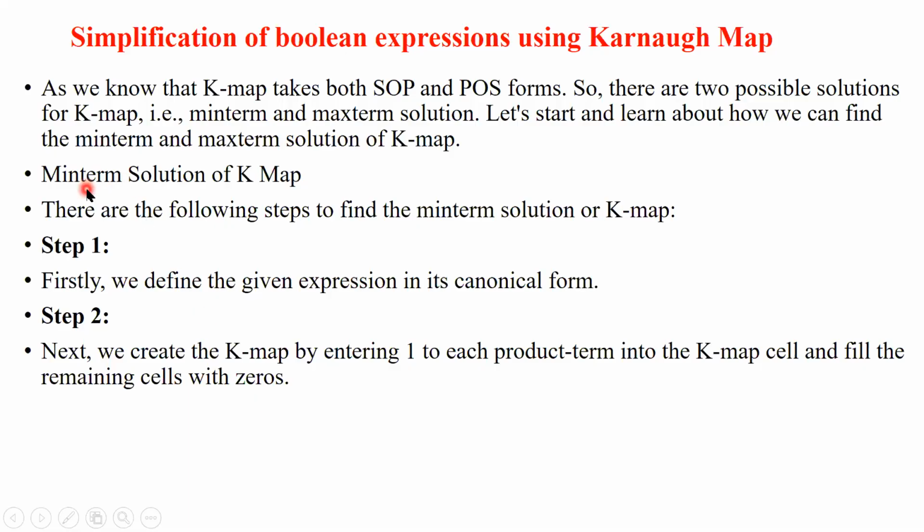So wherever the min term is there, whichever canonical expression is there, suppose m5 is present, then at the place of m5, I will enter 1. If there are 3-4 terms there, I will enter the ones in all 3-4 places. The remaining cells I will put with zeros. So right now, just for your keyword, write down, if I'm trying to find a min term solution for canonical form, I will enter 1 and the remaining cells with zeros.